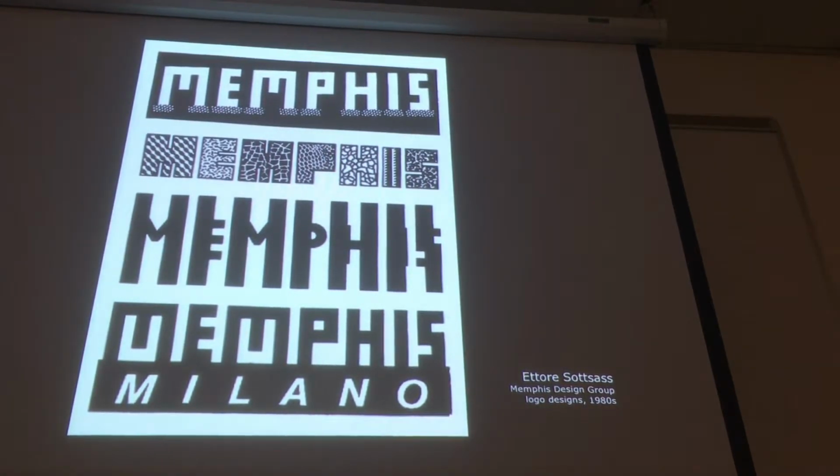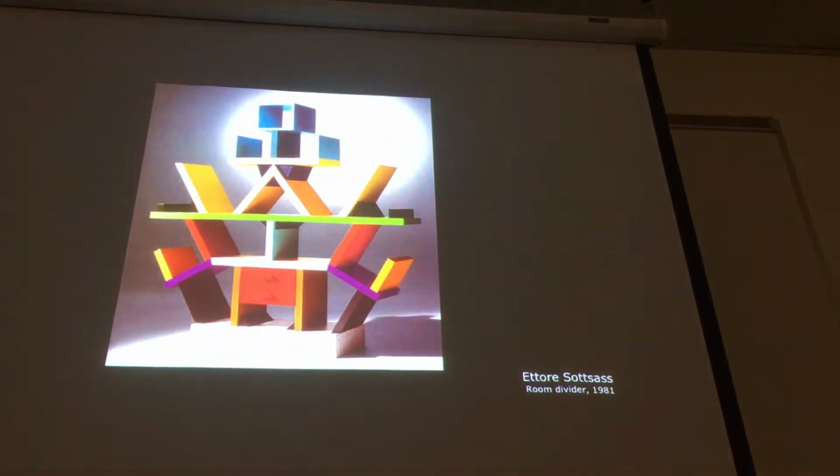So these are just a couple of iterations of what their logo looked like, but this is what their furniture looked like. When we look at this, this was a room divider. And we can see that this is not your standard everyday room divider; this is actually a pretty interesting piece of furniture all by itself. It was not meant to conform to any of the traditional ways that furniture was put together. It was meant to be, again, pulling out those very saturated colors that we'd seen in pop art and playing with the geometric forms that we'd seen in Swiss design,